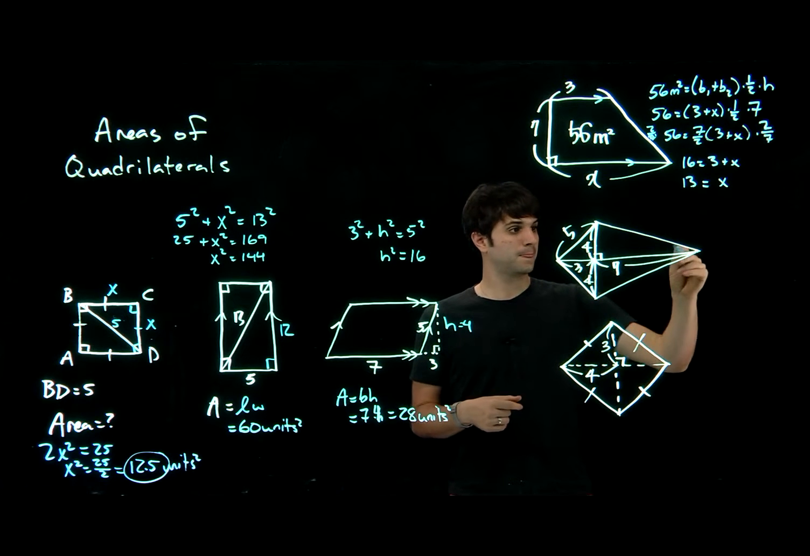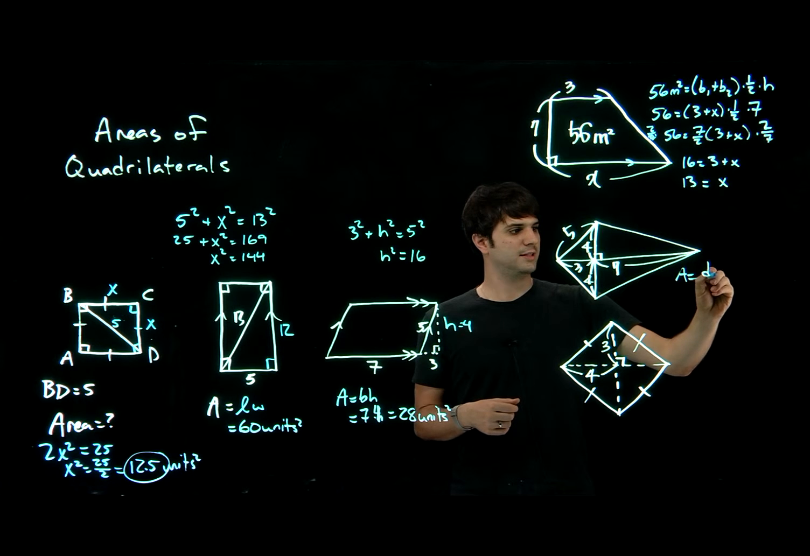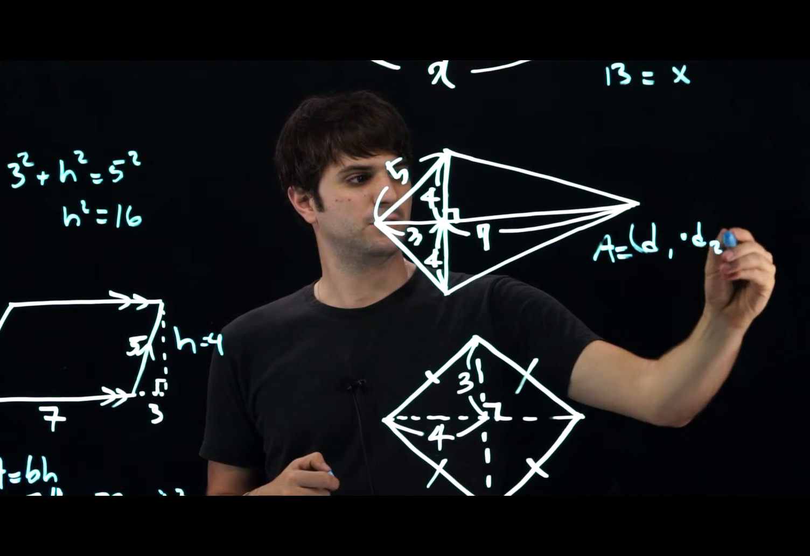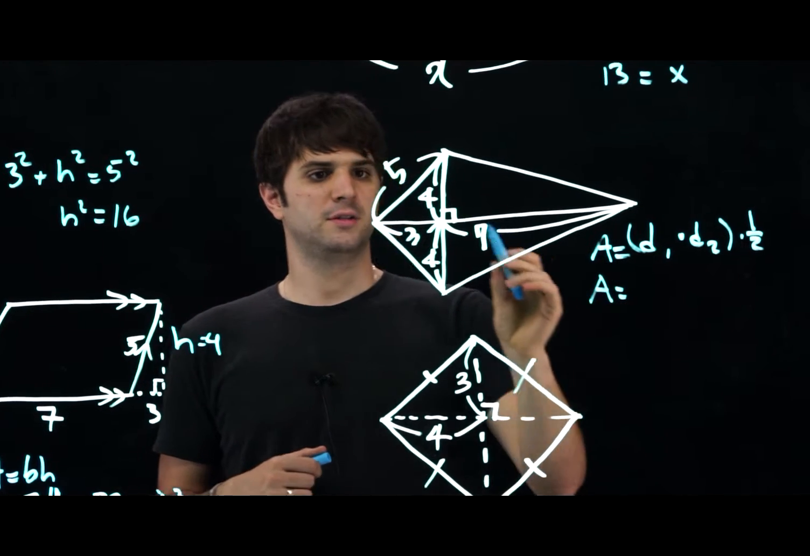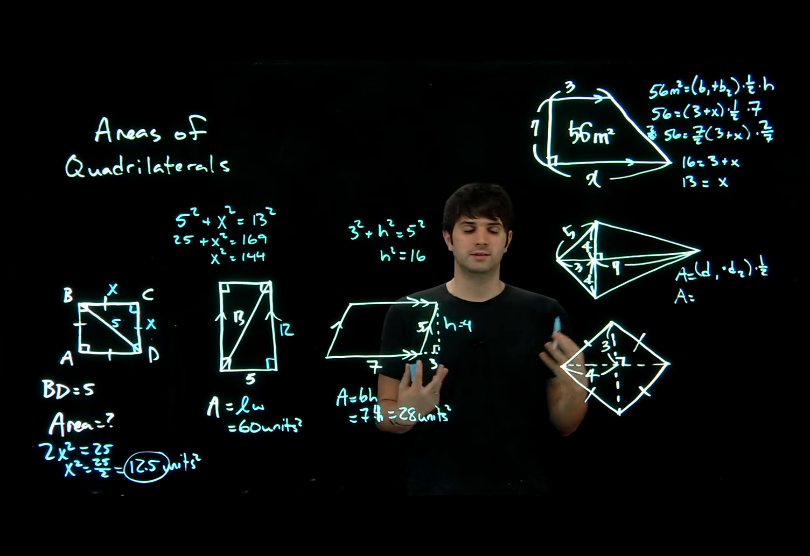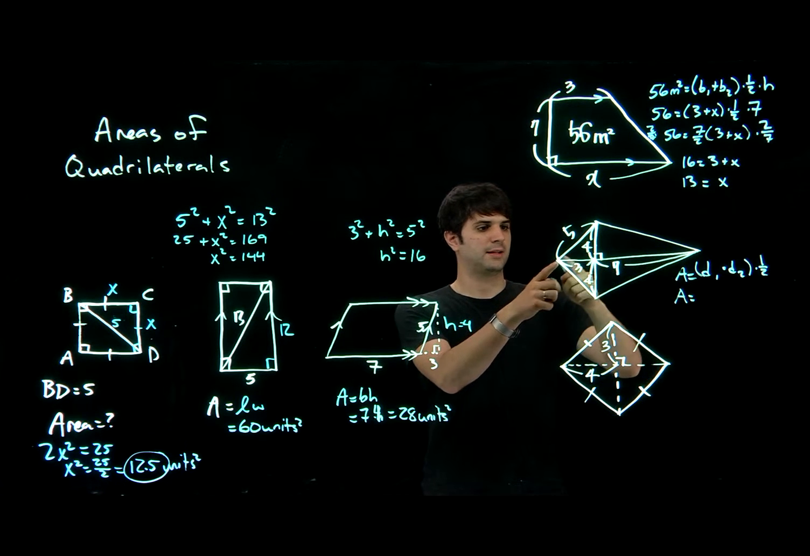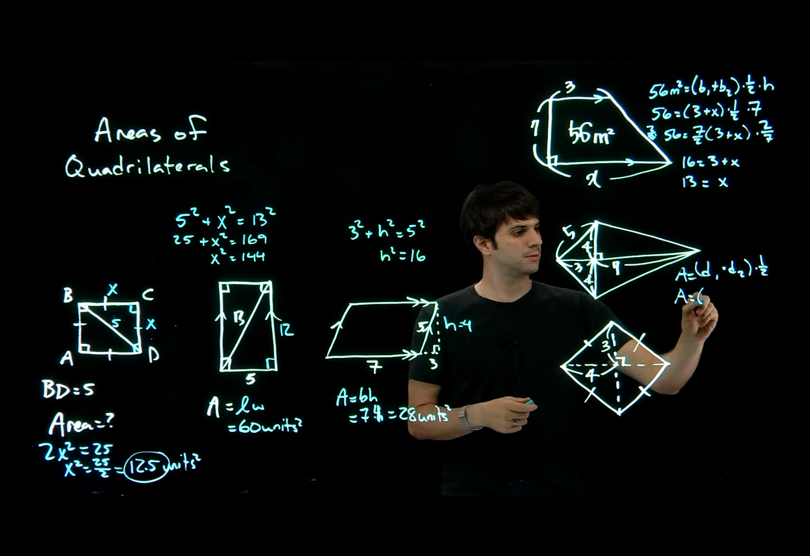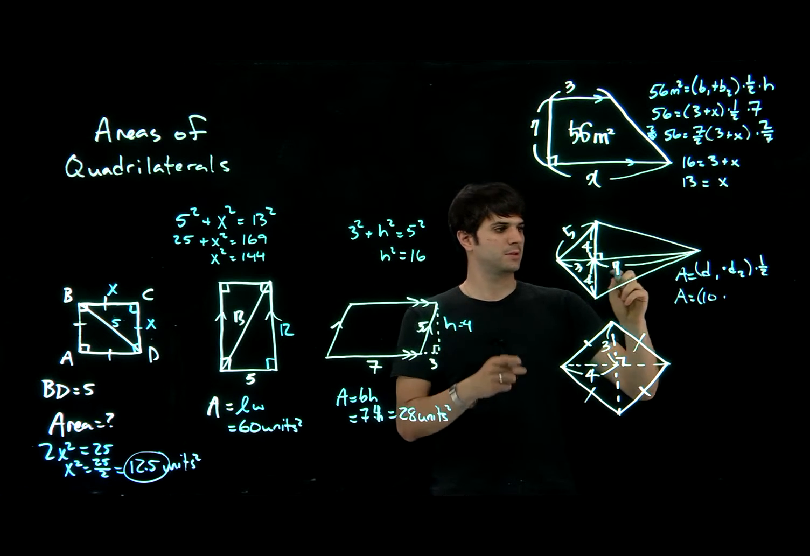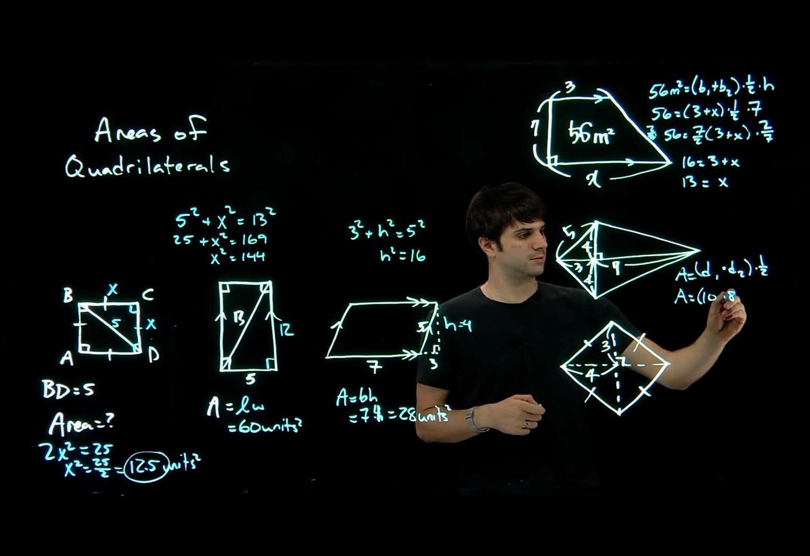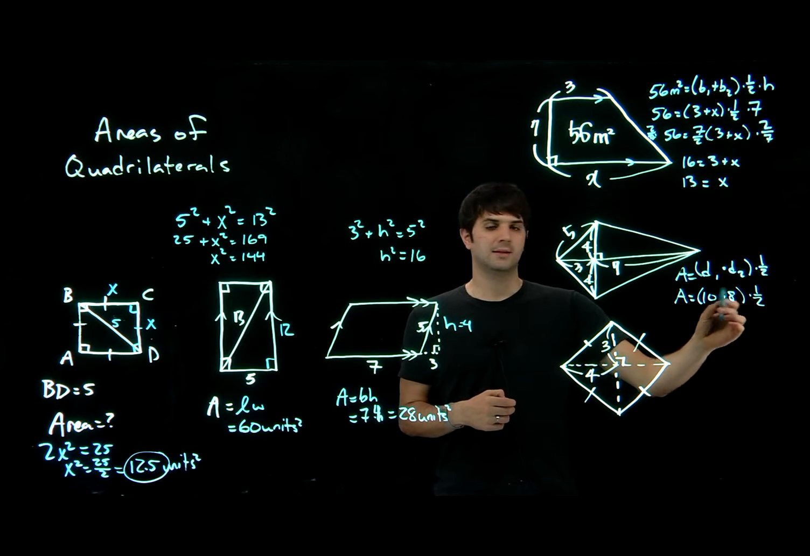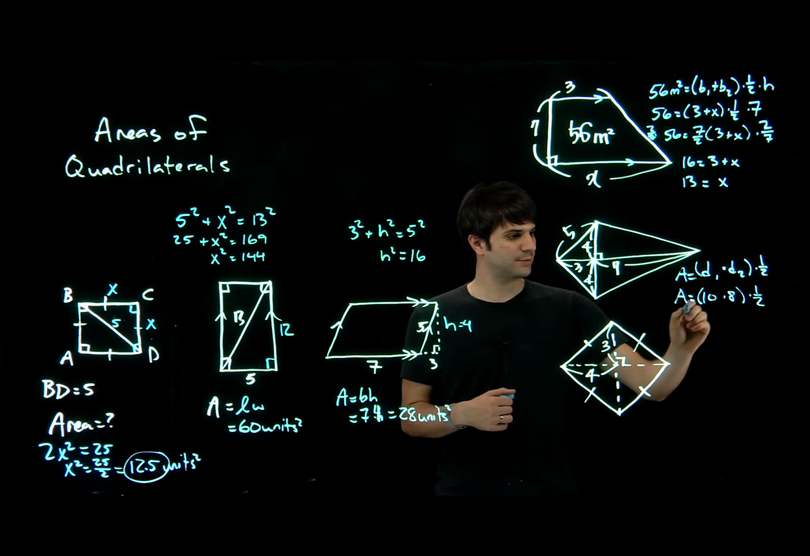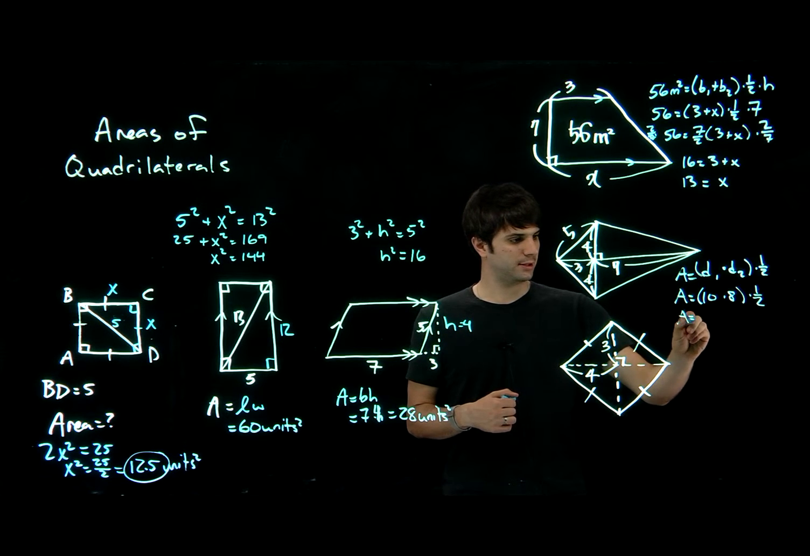Kite's area equals d1 times d2 times 1/2. It doesn't matter what d1 or d2 is, but we'll say this is d1. That's going to be 3 plus 7, which is 10. So 10 times 4 plus 4, which is 8, times 1/2. Okay, so that's 80. 80 times 1/2 equals, area equals 40